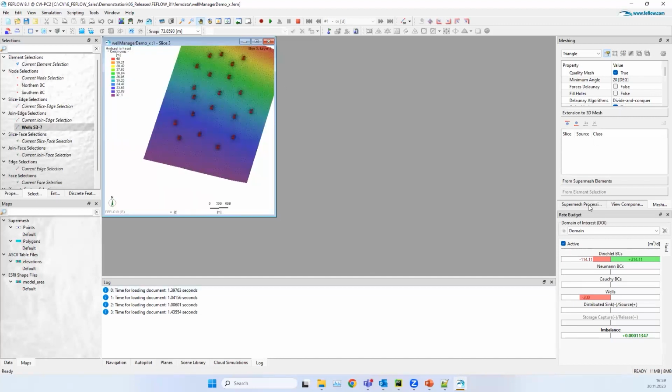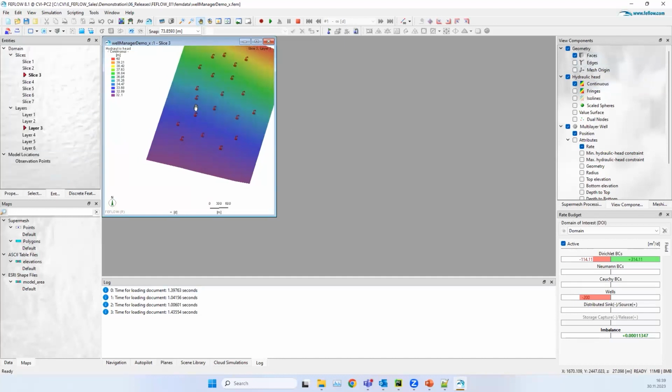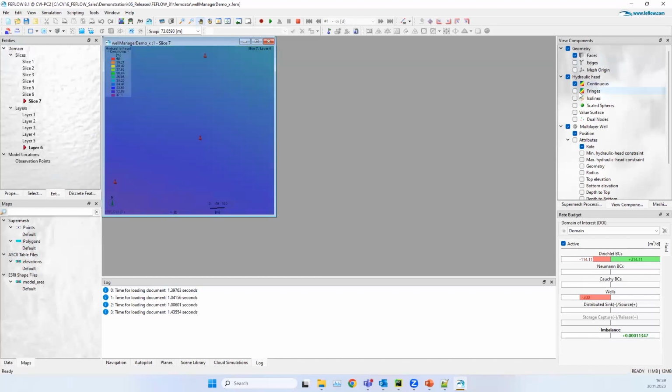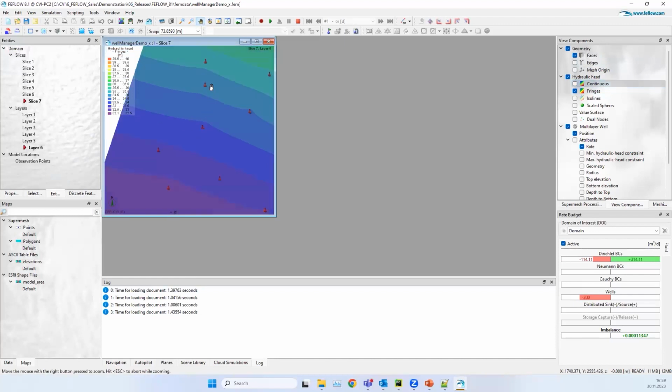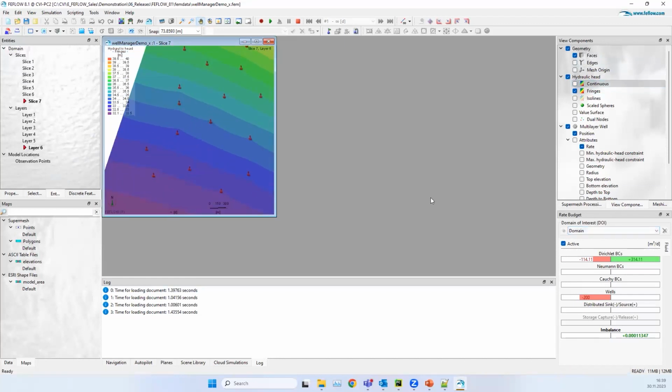And if we zoom closely and deactivate, we should also see in the deeper slices that there is some drawdown. We need to activate this so you can slightly see the drawdown, because of the low pumping rate